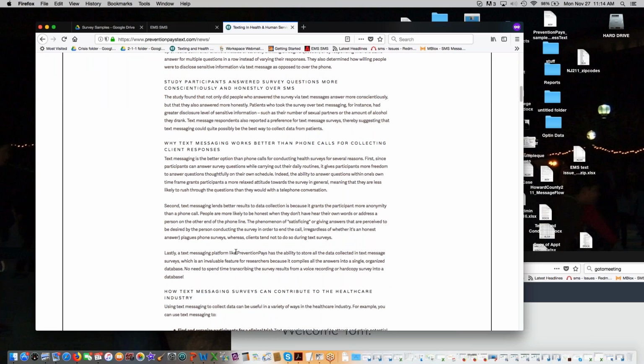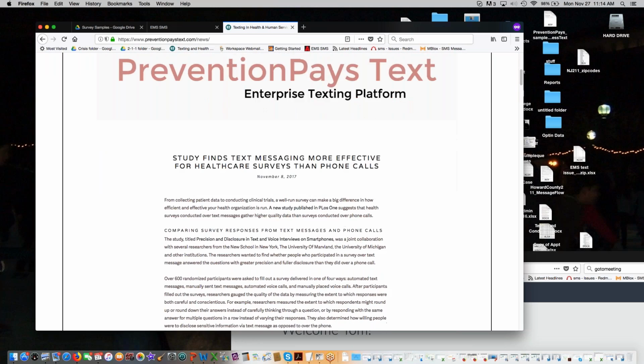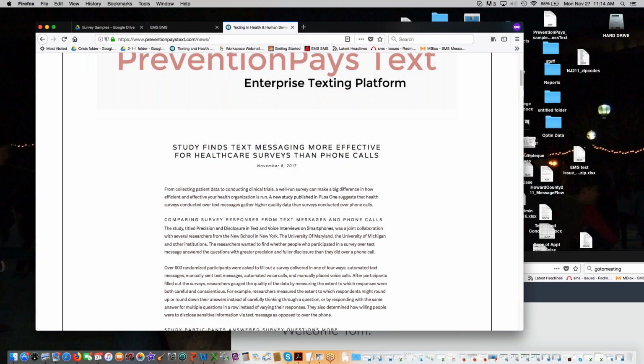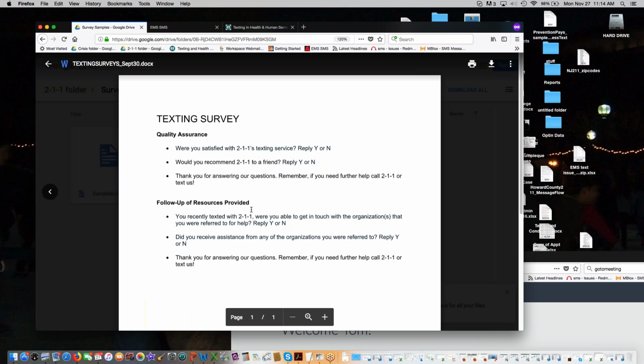And so you could pop over to our website under our news and read about that. It's a study that was done in conjunction with the New School in New York, University of Maryland, University of Michigan. A bunch of institutes got together and they studied the efficacies of using text message instead of phone. It's amazing what you can accomplish with text, and a survey is oftentimes more readily responded to. People tend to be more honest when they respond by text,